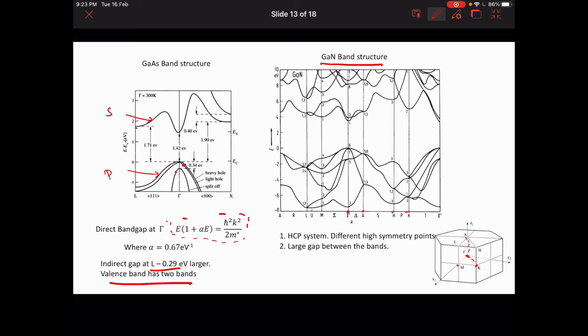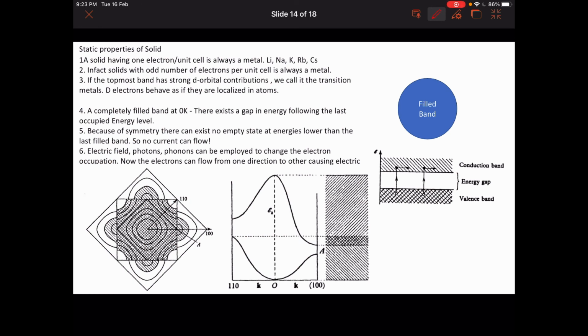The band gap here is about 3 eV, which is a wide band gap semiconductor used in light emission and high power devices, right? So with this description of bands and its filling, we will finish by discussing the static properties of a solid by making a few